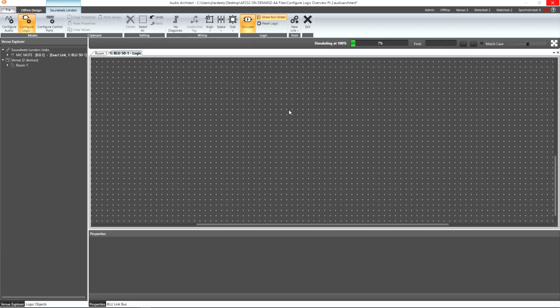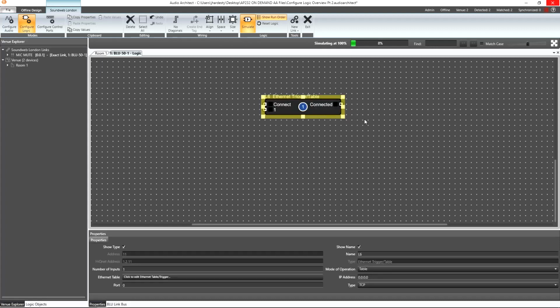In our logic configuration, let's drop in an Ethernet trigger table. The Ethernet trigger can be used for protocol types of TCP or UDP. When the connect input goes from low to high, the Soundweb London device will attempt to create a socket connection to the third-party device at a specified IP address and port number. When connection to the device has been established, the connected output will illuminate, meaning we can then confidently issue commands